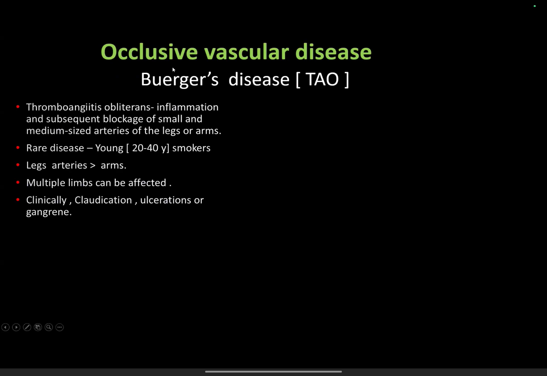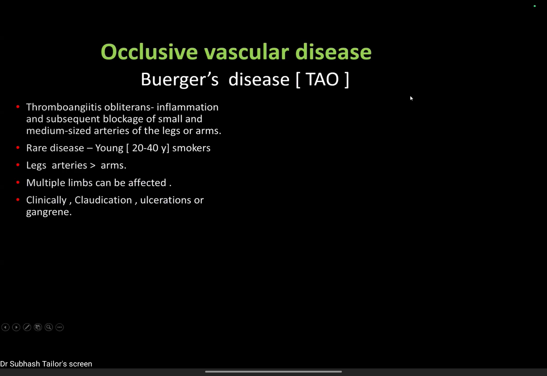Now coming to another important entity, that is Buerger's disease. It is basically thromboangiitis obliterans, because of inflammation and subsequent blockage of the small and medium-sized arteries involving the legs and arms. It is a rare disease, of course, and mostly seen in the young, between 20 and 40 years of age. These are usually smokers. Leg arteries are affected more than the arms. Multiple limbs can be affected. Clinically, there is claudication, ulceration, and gangrenous